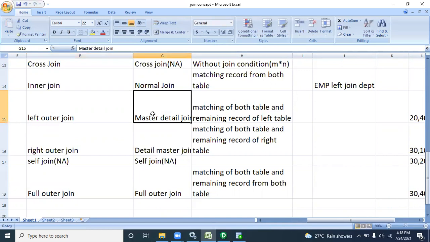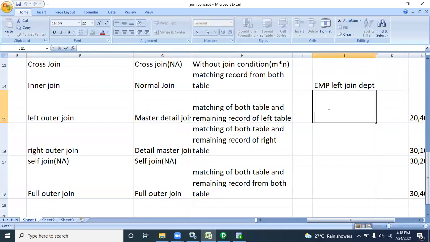But in master detail join in Informatica, we get matching records from both tables and the remaining records of the detail table. In a single sentence, you can say all records from the detail table.